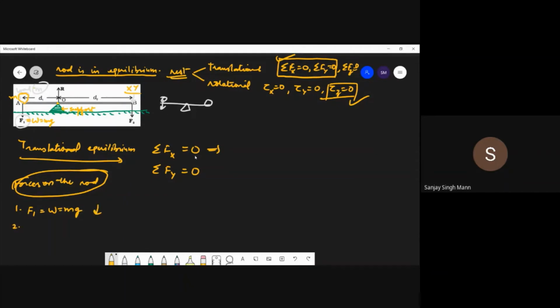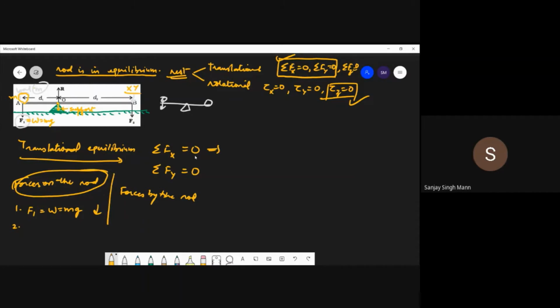Now what is another force? See, this is the reaction, yes, the normal force. This rod is applying a force on this support, and according to Newton's third law, the support is applying the force R in this direction. What I am studying: there's a force acting downward, and there's a force by the rod. Am I studying the forces by the rod? Forces by the rod. So the forces by the rod are this.